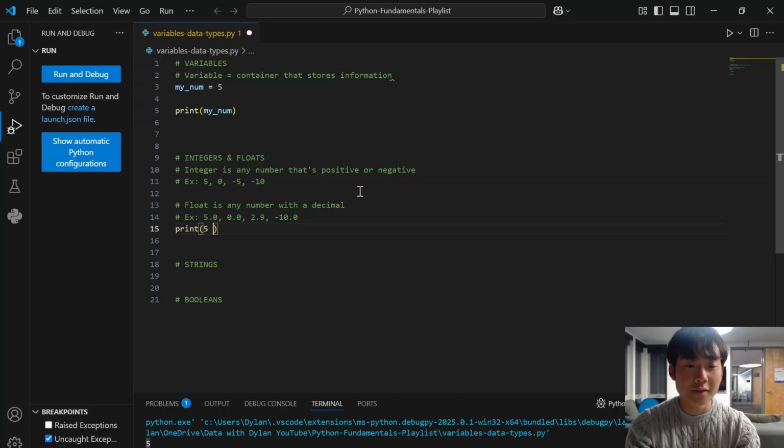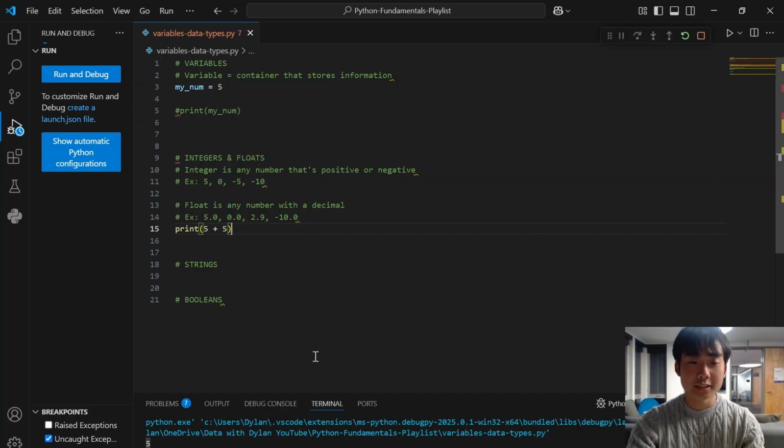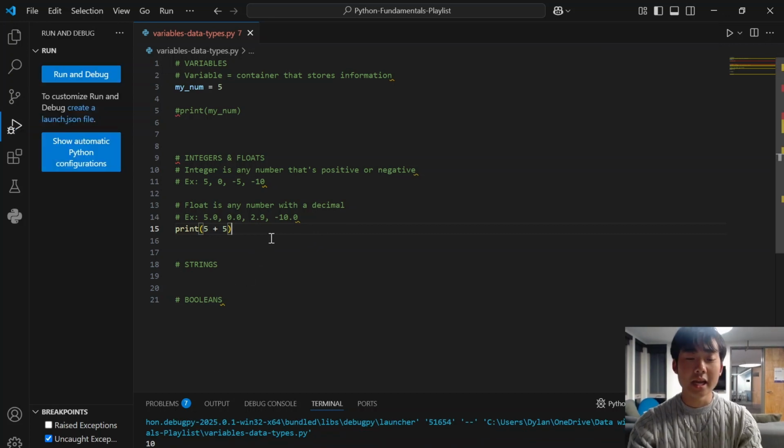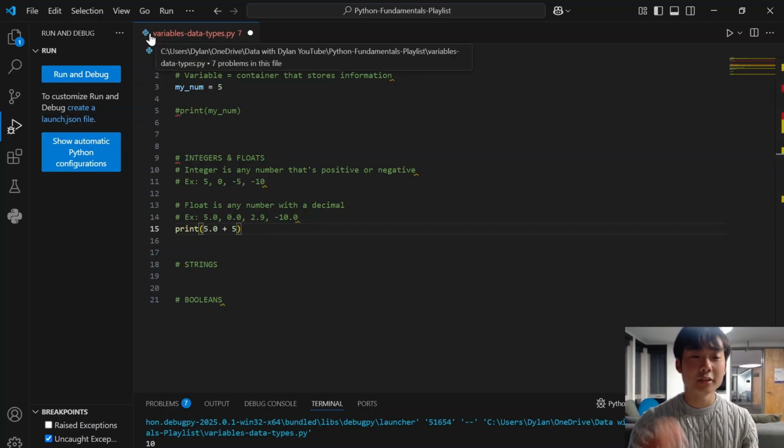So you can say print 5 plus 5. And I'm just going to comment this line out first so that I only run this line of code. So if I run 5 plus 5, it's going to give me 10. And I could also say 5.0 plus 5, but if I do that, then it's going to print out a float,